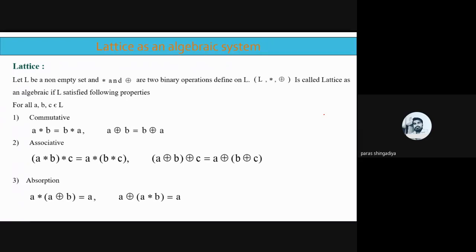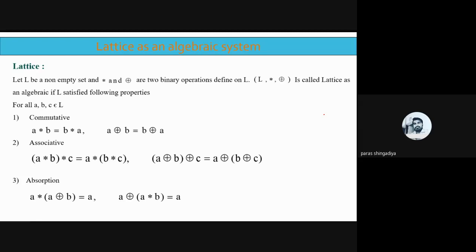Okay, idempotent law: it is obvious that there is no need to verify the idempotent law here, because it is simple. The GLB of a number with itself is obviously this number. Okay, the LUB of a number with itself is this given number. There are no difficulties in any example, so we skip it here. Consider only three properties: commutative, associative, and absorption law.